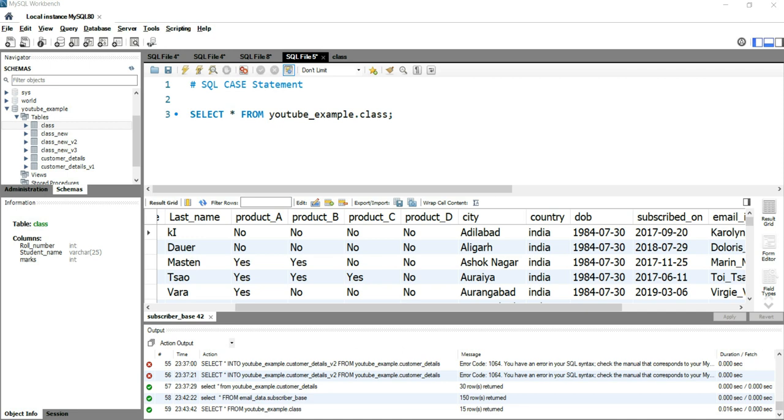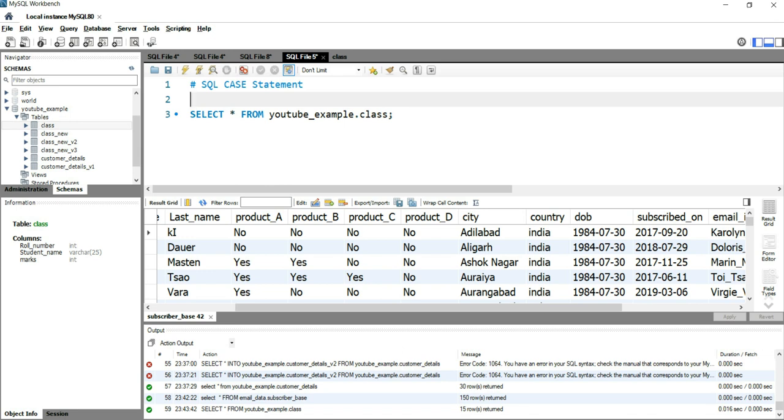You might be familiar with the if and else statement if you are familiar with any programming language, or even if you have worked in Excel, you must be familiar with the if function, right? This case statement works exactly like an if function in Excel or the if and else decision-making statement in any programming language. If a certain condition is true, then it will give a certain output, or if it's not, then it will give an alternative output or a null output.